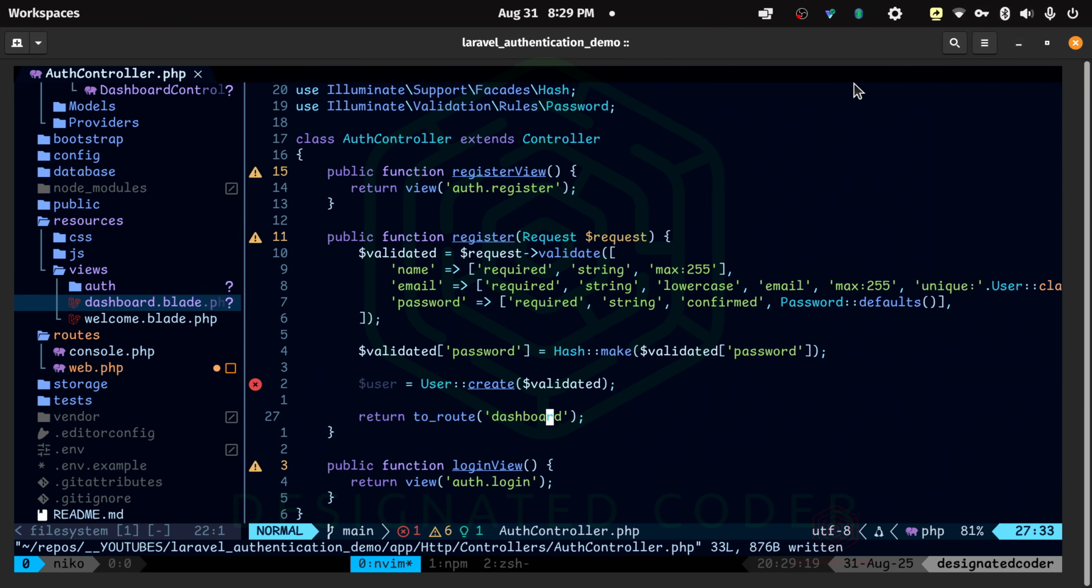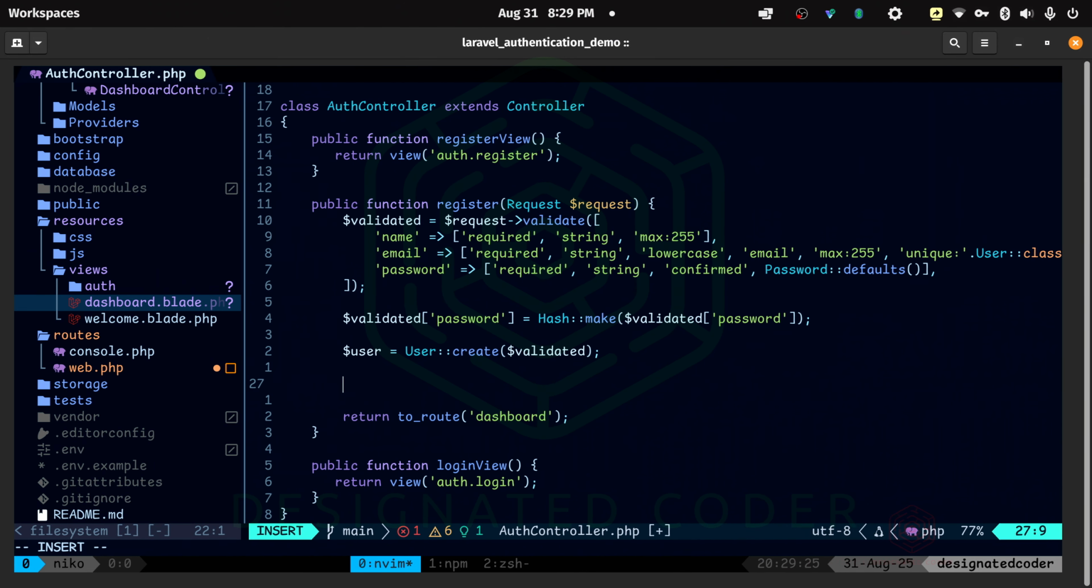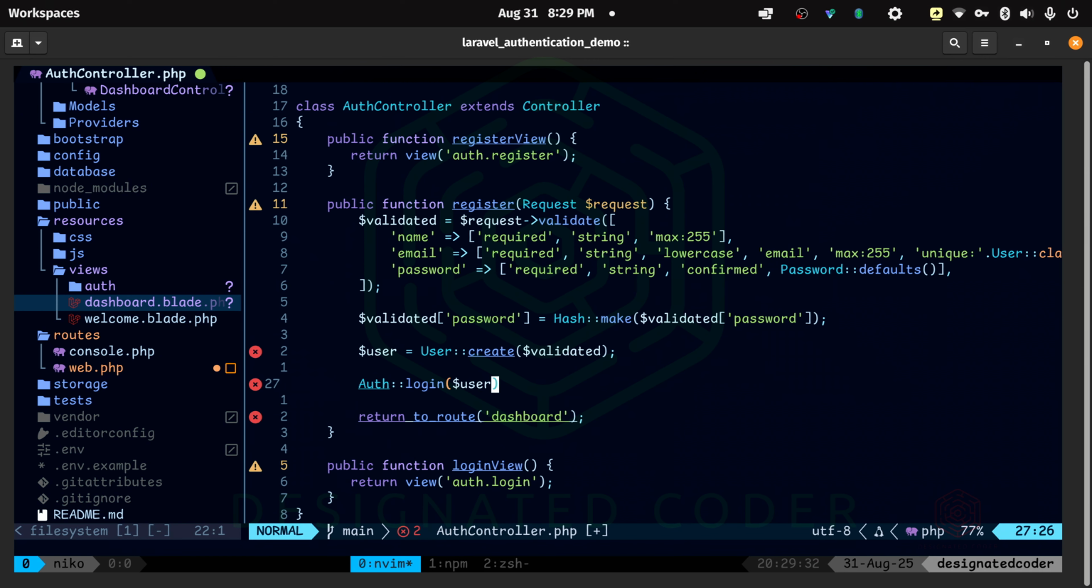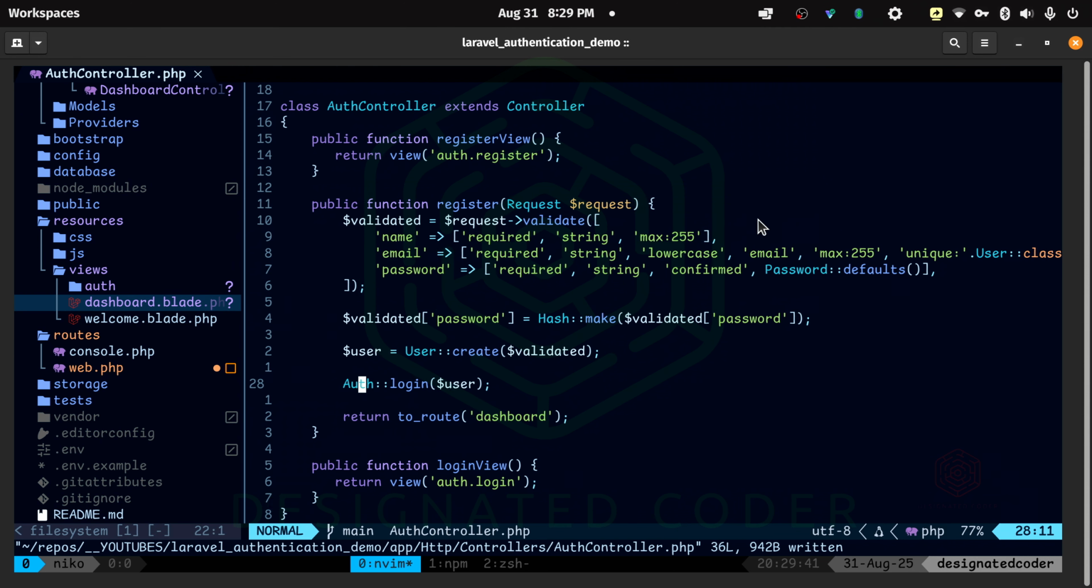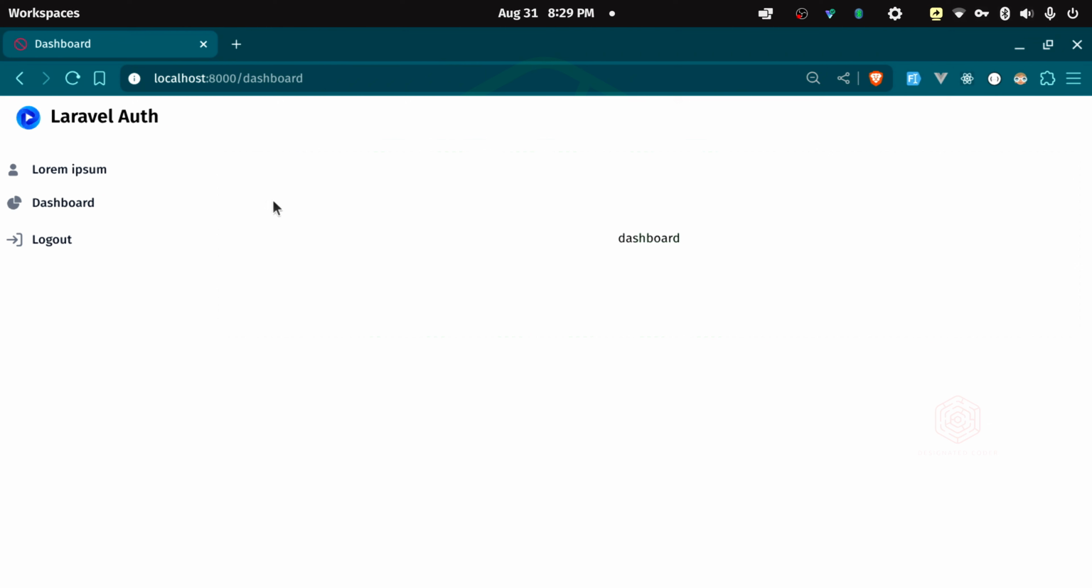Now, the easiest way to do that is, after the user is created and has passed validation, they're good to go. We can use the auth facade to now log in that user. And let me make sure to import this. This is the auth facade. Okay, let's try to do it again. Go back to register. I am going to refresh this. We're going to fill it in again, submit, and now we've been redirected to the dashboard page